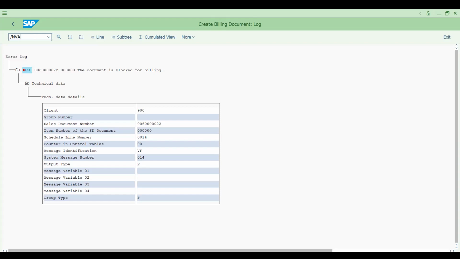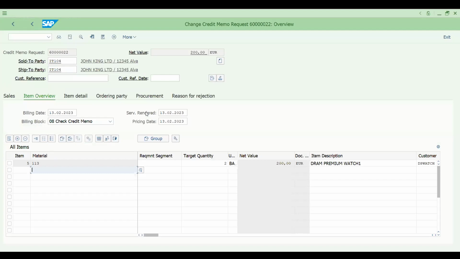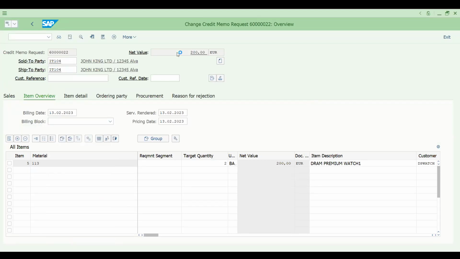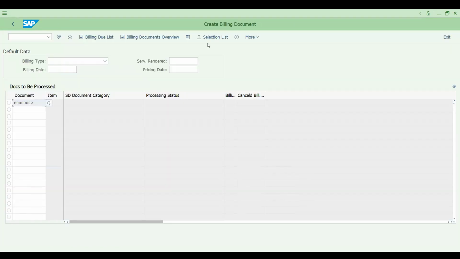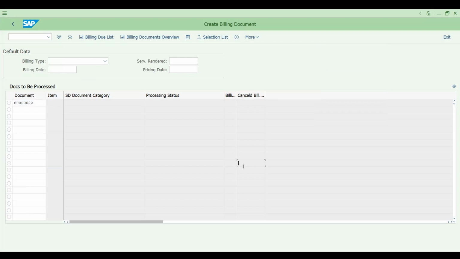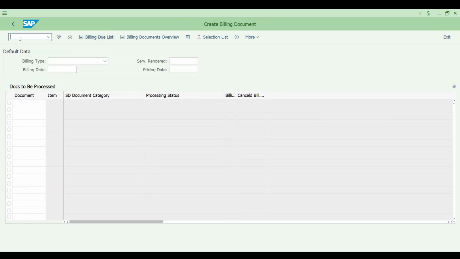So now, just for understanding, I just did it. If someone is from an ECC background, they're well aware of this one. Let's save this. Okay, let's try to do the bill. Bill means you're paying a credit memo, right? So you can see this. This is the 200 you are paying. Okay, now go to